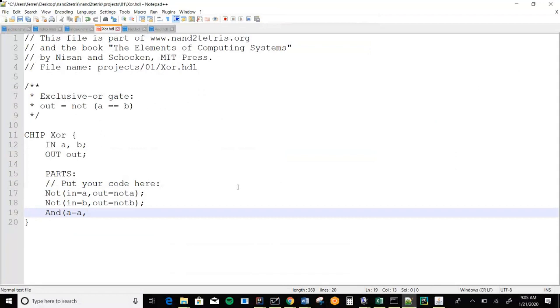So when I say this A is bound to AND, the thing on the right-hand side is in the scope of the circuit I'm defining. So that just equals A. Okay. So then I'm going to say B equals not B. So I'm saying the B input for my AND is this not B internal pin that I've set up over here. And the out, I'm going to have to get creative again. I'm going to call it A not B.